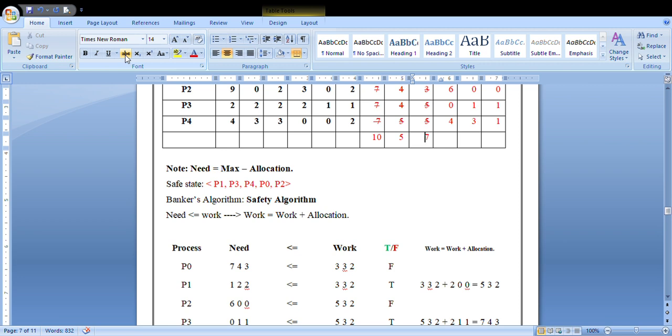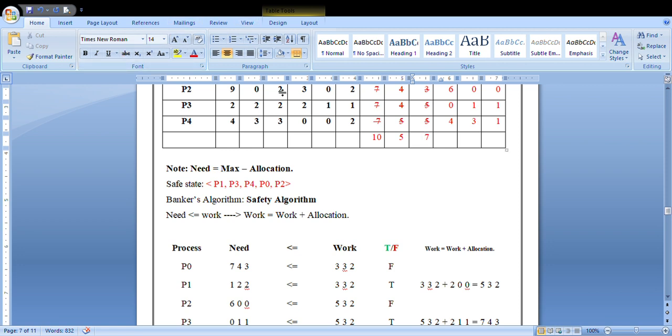How to calculate the total, if they have specified, or if they have in the next problem, I am going to explain that, how to calculate the first. In this problem, they have already given you the available value directly at the initial stage. But if it is not given in the question, if they specified only your total resource value, then how to calculate the available value, I'm going to show in our next problem while solving that problem. Always keep that in your mind.